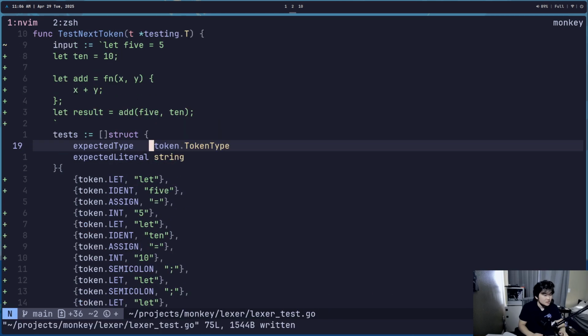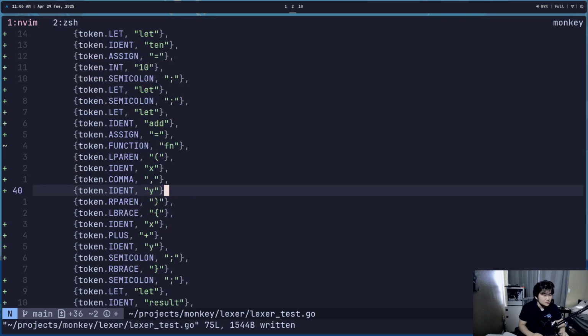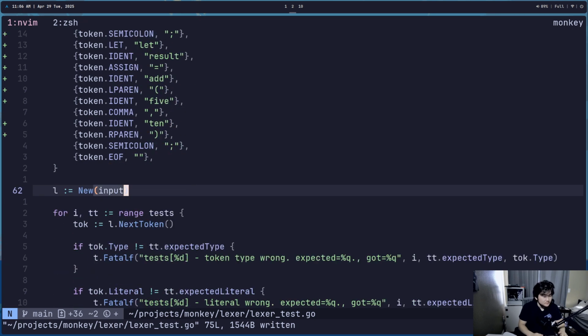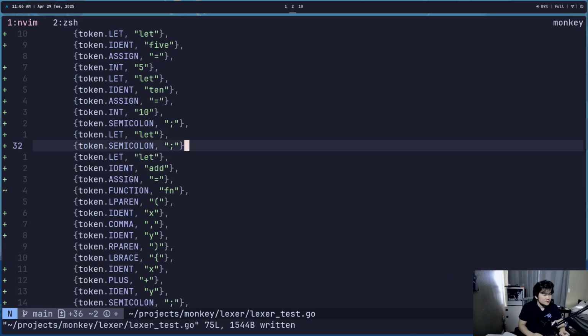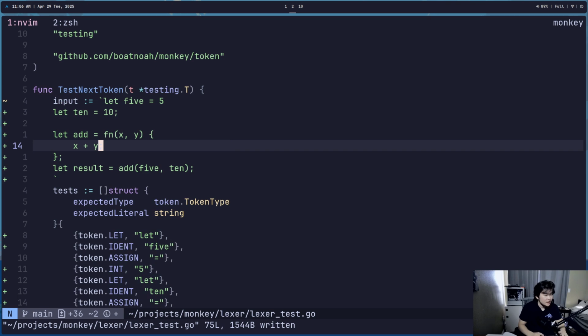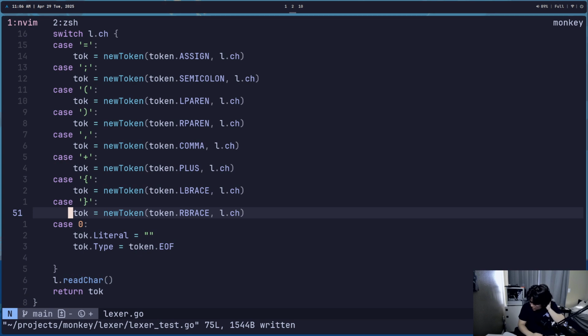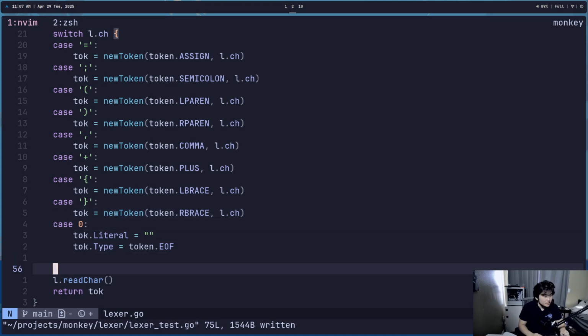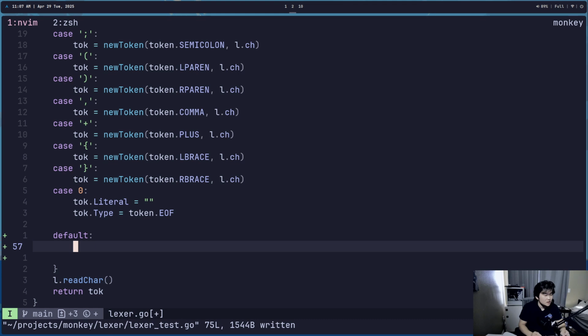All right, so this is a tokenized version of this, and we're just comparing when we build our Elixir, does it match our expected output? Very test-driven development right here. Very simple. A few things. First is obviously it's going to fail because we never handled white space. So in case 0, we might need to do some tweaking. So we need to add a default case, right? The case where it's none of these